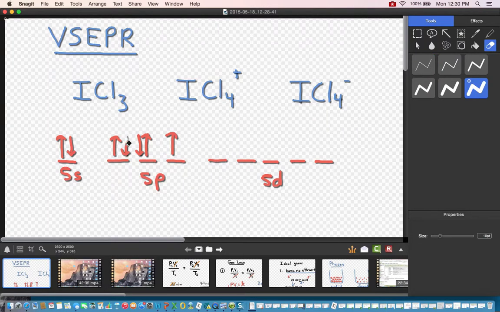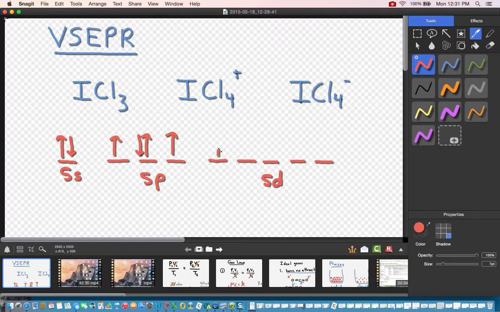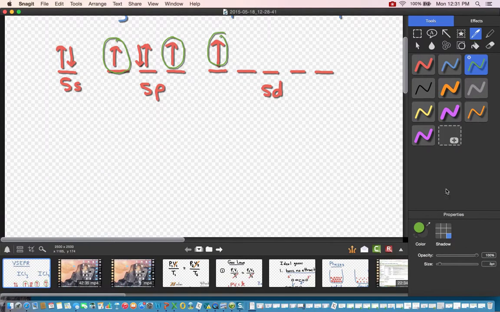So I can promote an electron, and now I have 1 bond I can make. So a lone arrow means I can make a bond. So here's 1 bond with a chlorine, 2 bonds with a chlorine, 3 bonds with a chlorine. If I start to assemble this together now,